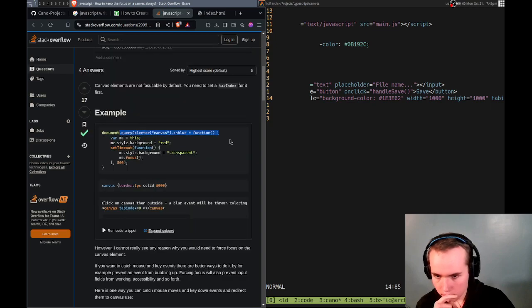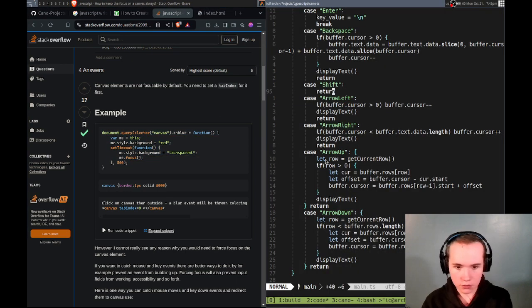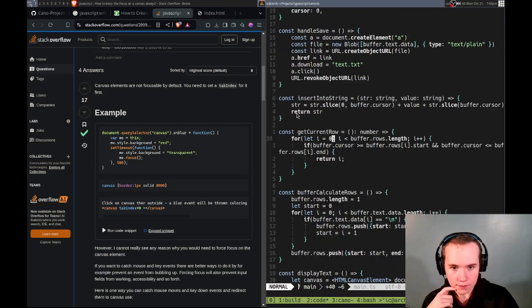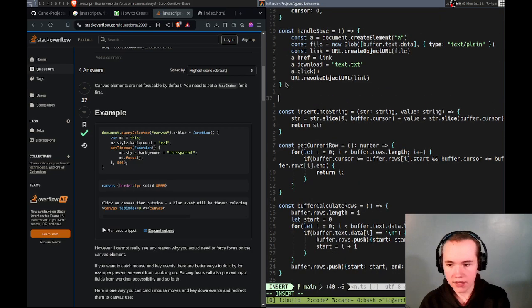Blur. Let me try that. So if we add that, we don't need to actually blur it, but we can. It's kind of a mess here. That's fine. Dot selector canvas dot on blur equals,